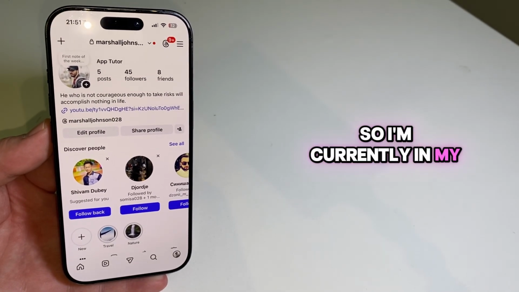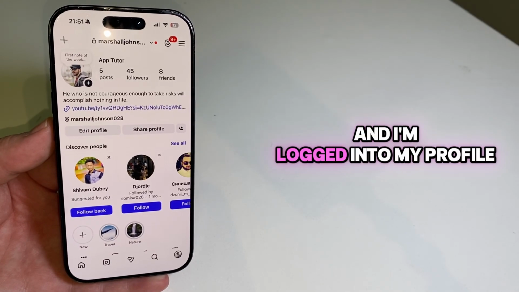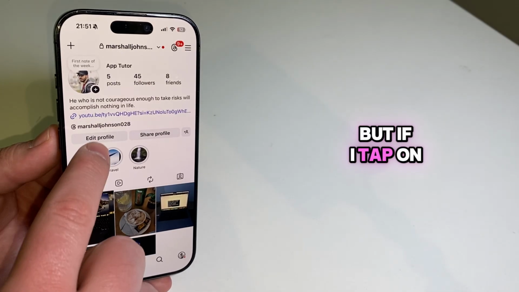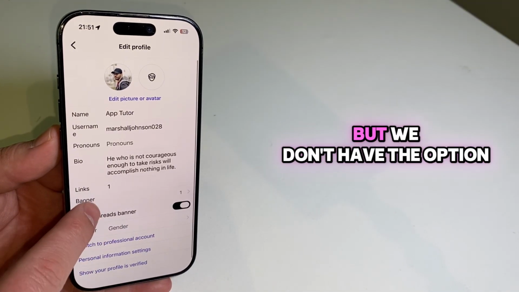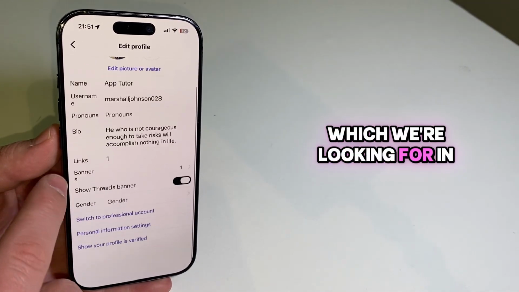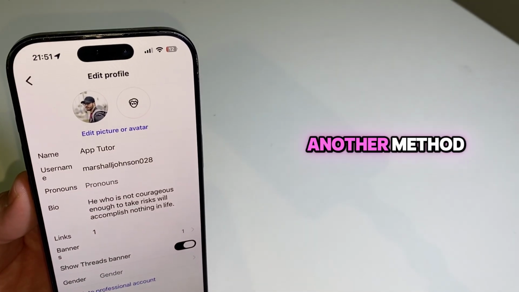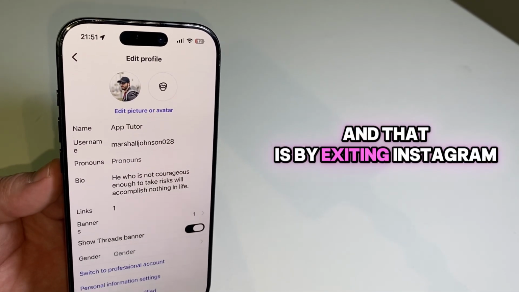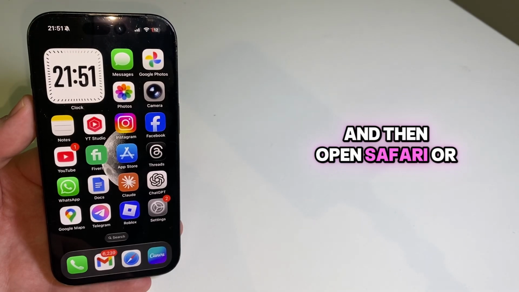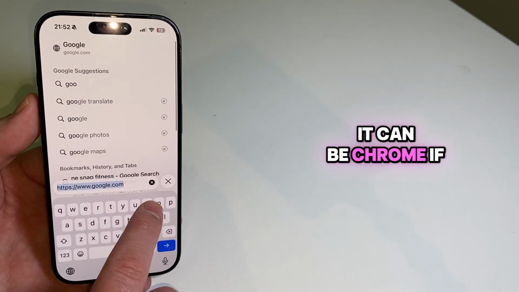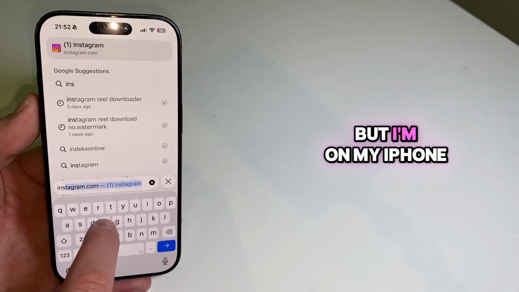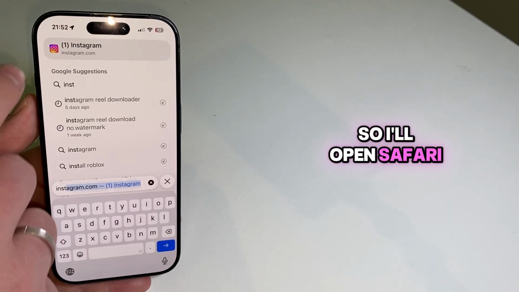So I'm currently in my Instagram application and I'm logged into my profile. But if I tap on Edit Profile, I'll see a bunch of different options on this page, but we don't have the option which we're looking for in the app, so we'll have to use another method. And that is by exiting Instagram and then opening Safari or any web browser you use. It can be Chrome if you're an Android user, but I'm on my iPhone, so I'll open Safari